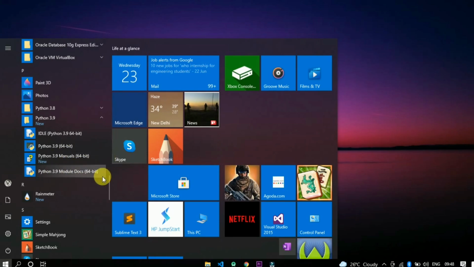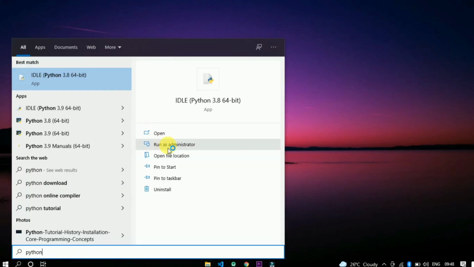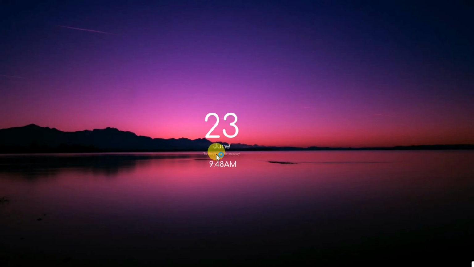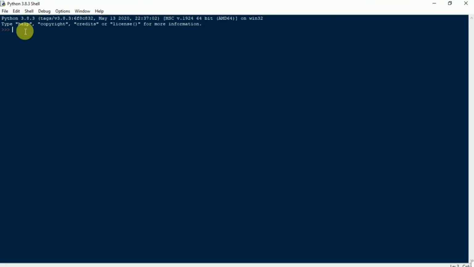So here we go. You can also open Python from here, or just search here for Python. Just open here, right click on IDLE, or just click on open. After opening, this kind of window will be available to you. I will maximize this. If you want to increase the font size or change the color, you can also do that. In Python programming, you do not need to add any header files to run a program. Just write here,